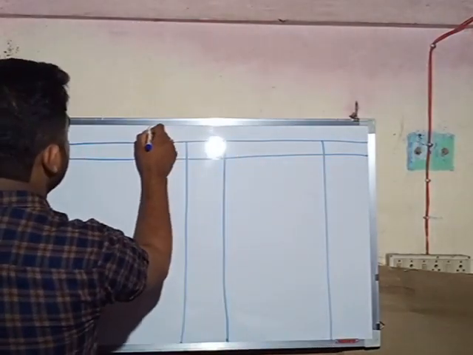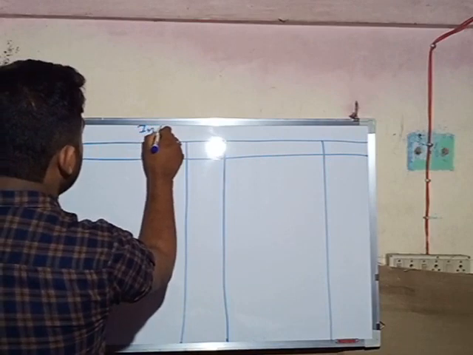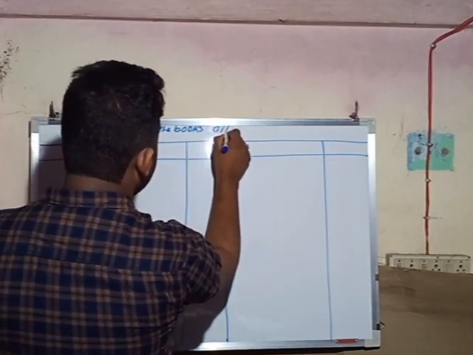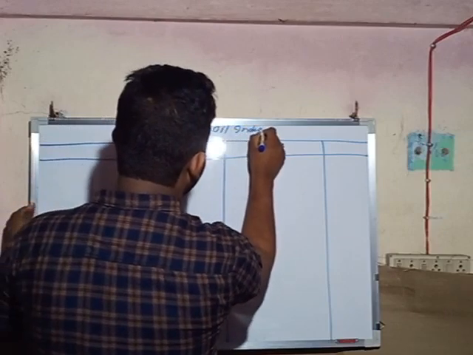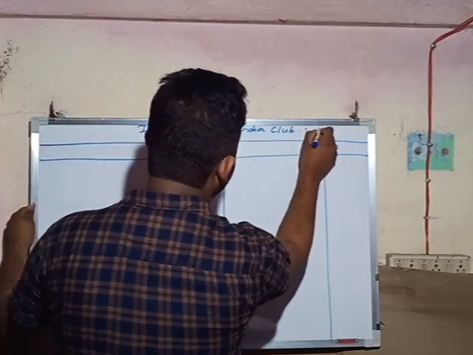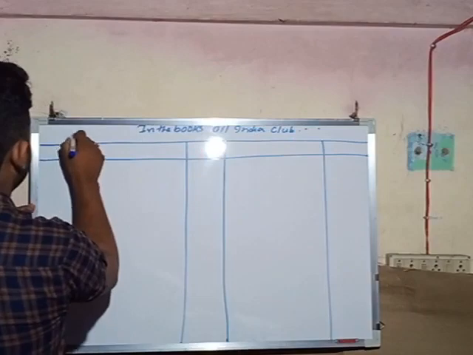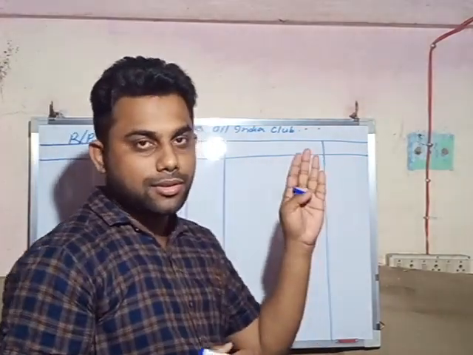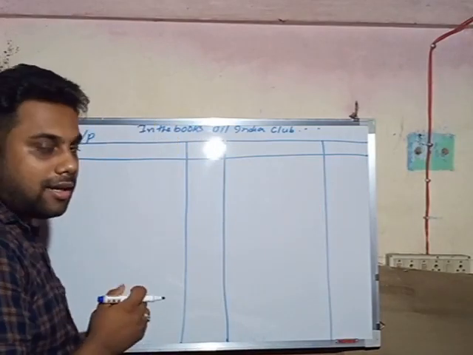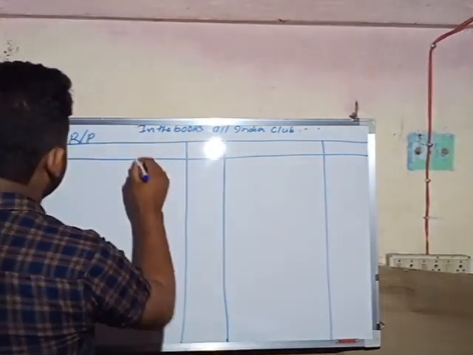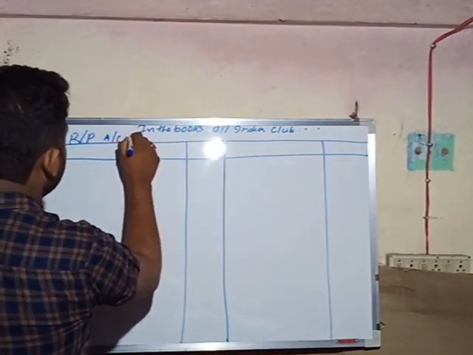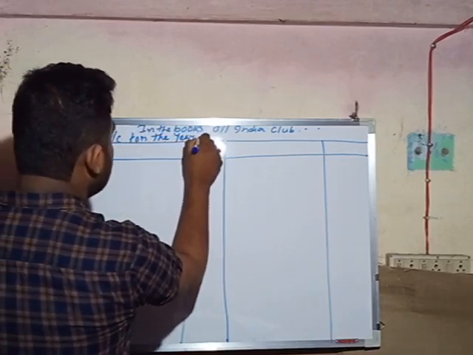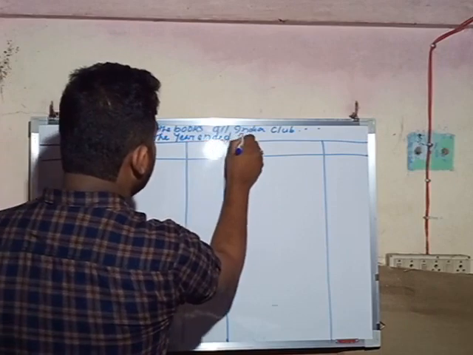First, in the books of Royal India Club, receipts and payment account, for shortcut I'm writing RP, for the year ended 31st December